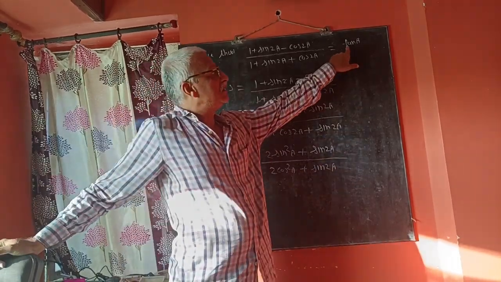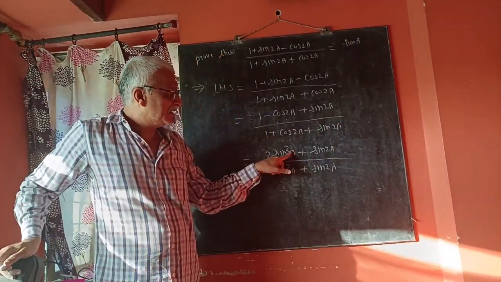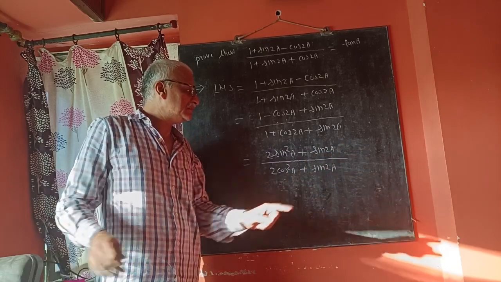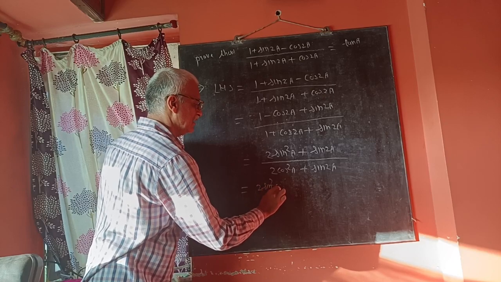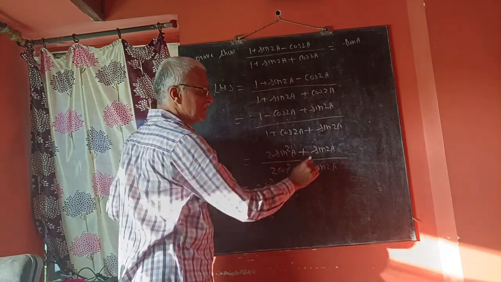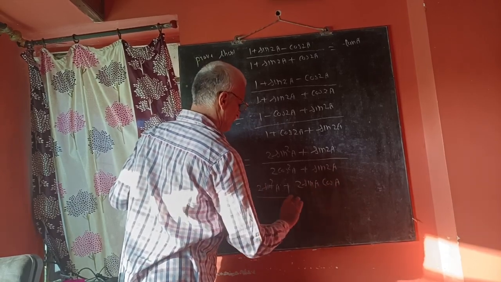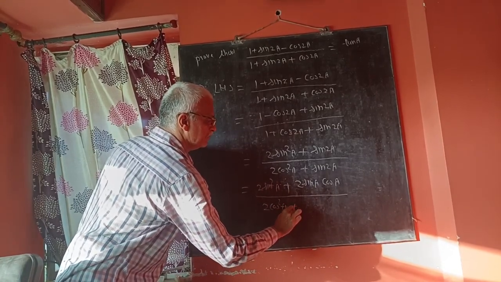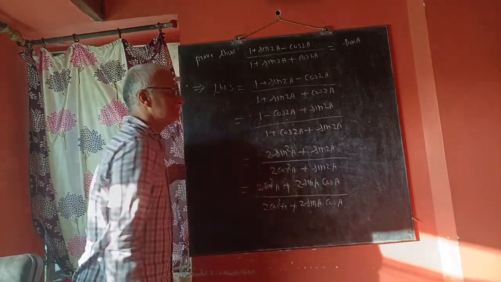Now see here, what is our requirement? Tan a. Particularly the angle is a. Here we have the angle a, but here it is 2a. So this 2a we have to reduce again in terms of a. That means apply the formula of sin 2a. This is equal to 2 sin square a plus the formula for sin 2a that we applied in the previous problems, that is 2 sin a into cos a, divided by 2 cos square a plus again sin 2a written as 2 sin a into cos a.